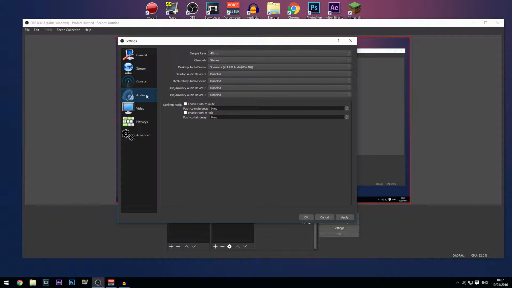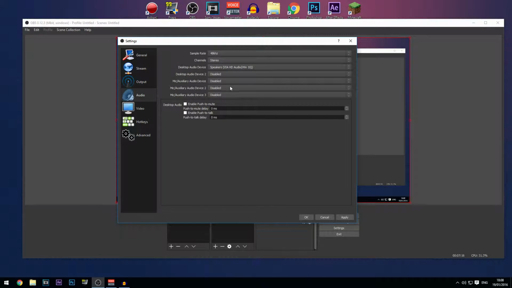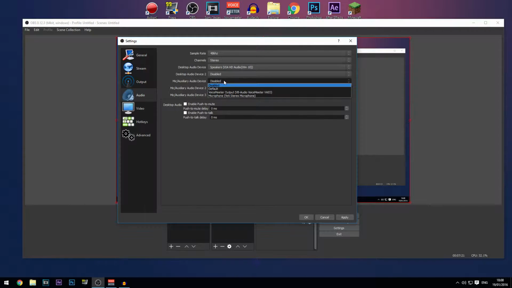So just go to the audio tab and then have the sample rate as 48 kHz, and the channels as stereo, and your desktop audio device, that's basically your speakers. I have mine at the HD audio, which has for some reason been renamed. And you can set your microphone audio device to whatever you use. Say you had a Yeti microphone, a Blue Yeti that is, and you used a program that gives it a different output, such as Voicemeeter, as you can see, when I'm recording with it,